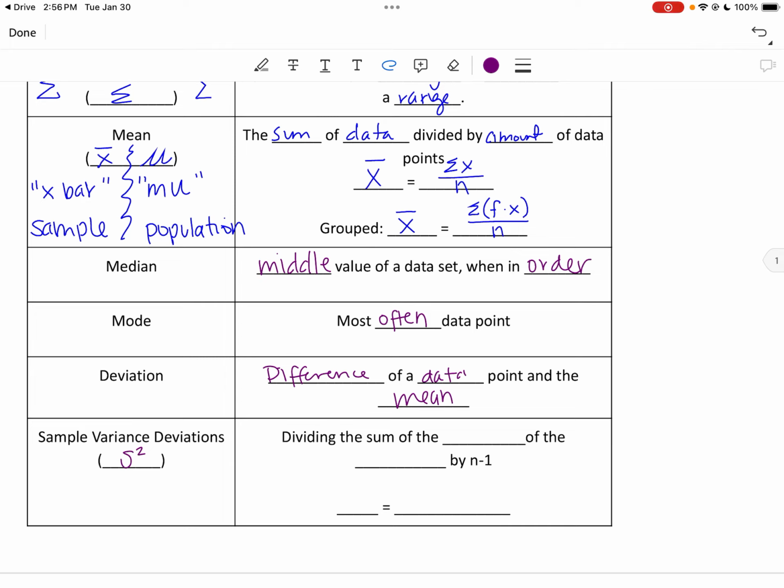And so those deviations are by dividing the sum of the squares of the deviations by n minus 1. And this, we are focusing on sample. We will dive into more of why it is n minus 1. So S squared, it would be the sum of X minus X bar, those are all your differences squared, all over n minus 1. The difference of the data is X minus X bar. That was us subtracting the data point X minus all of those mean values. Okay, so sample variance is where we square them all and then we find that average,